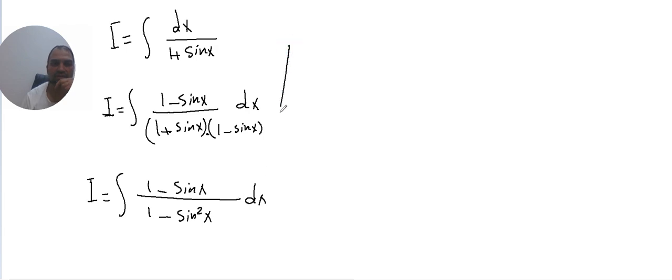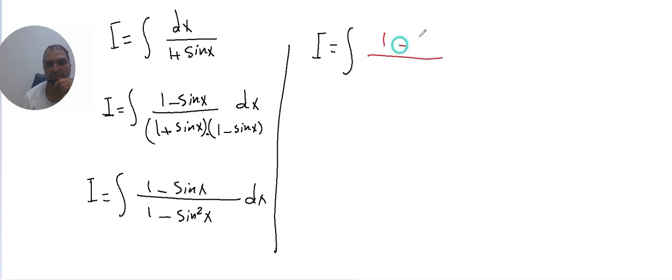Now we can simplify this. How can we simplify this example? We can write 1 subtract sine power 2x equal cosine power 2x. Then the integration here equivalent to, you can write up 1 subtract by sine x dx, and down 1 subtract sine power 2x equal cosine power 2x. Then the integration here 1 over cosine